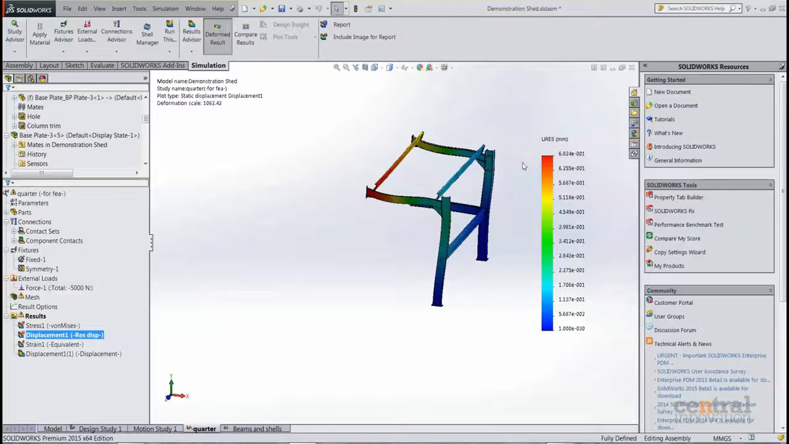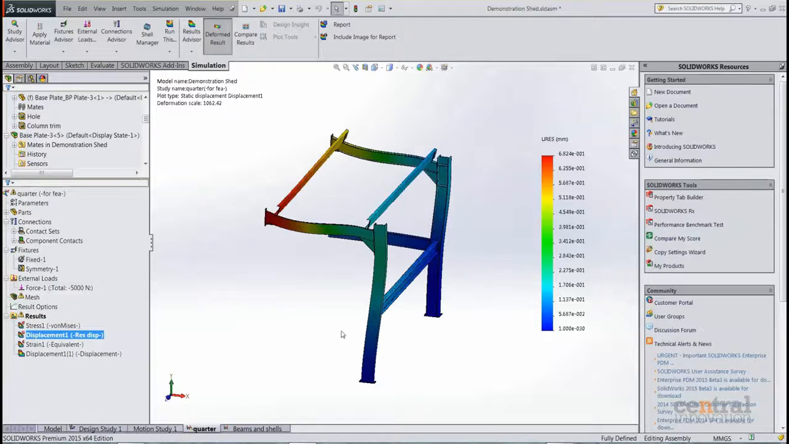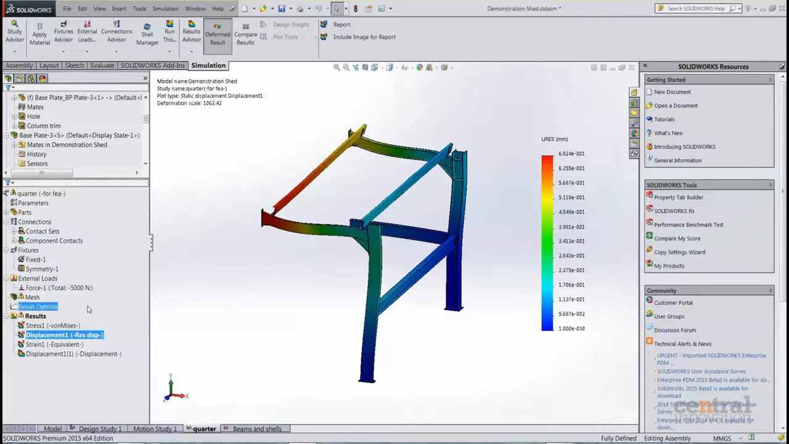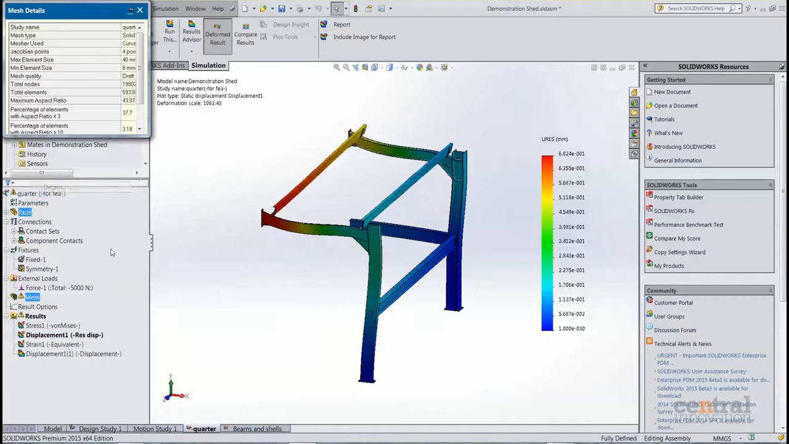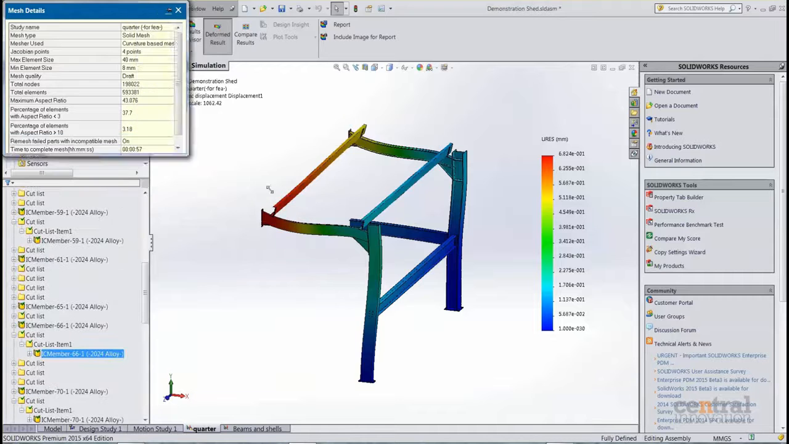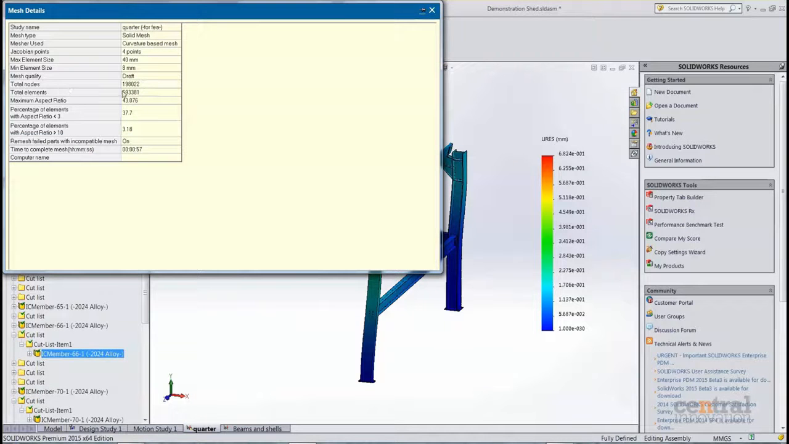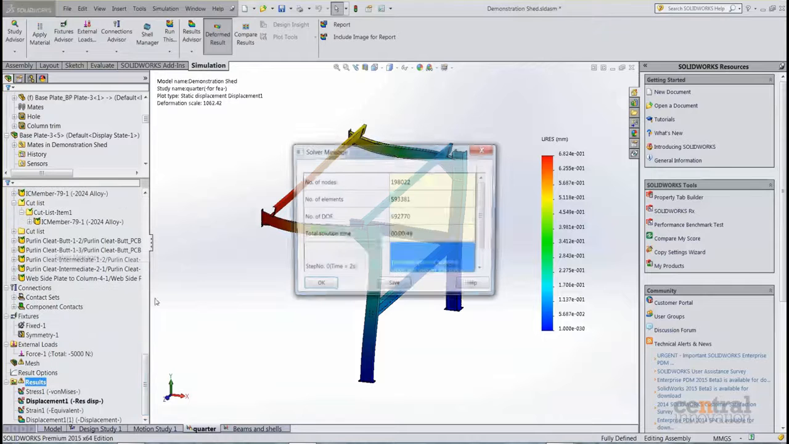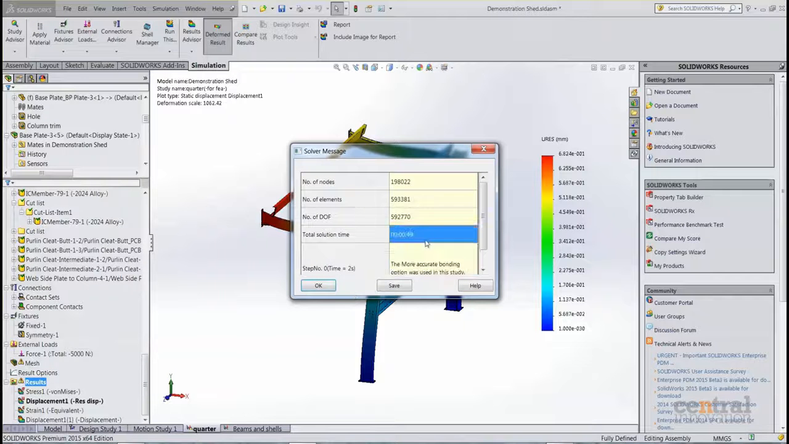And we get a maximum displacement of about 0.6 or 0.7 millimeters there as well. So one of the things is to see how long and how detailed the mesh was as well. I ran it with a fairly standard mesh, so we can see about 100 to 200,000 nodes and 600,000 total elements there. If we take a look at the solving time,